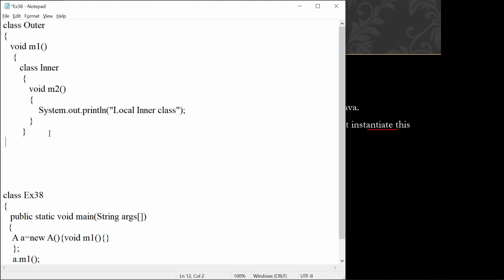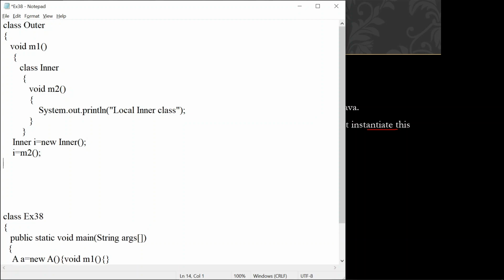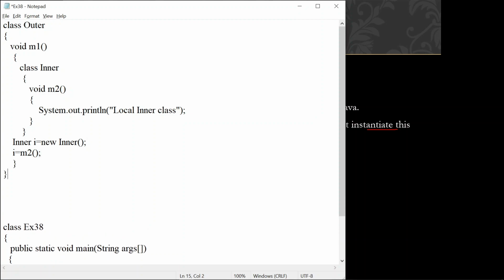Before closing that method, we need to instantiate this one. So we need to create an object: I equal to new inner, and using that object we can call our method m2. And we can close our method, and we can close our main method.